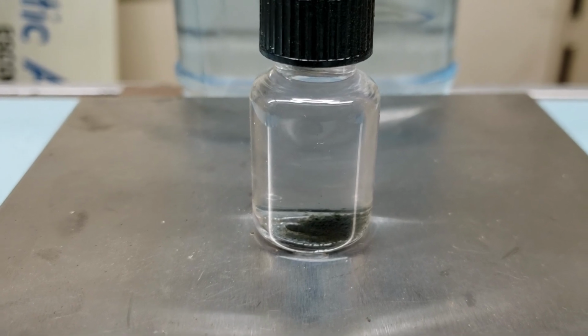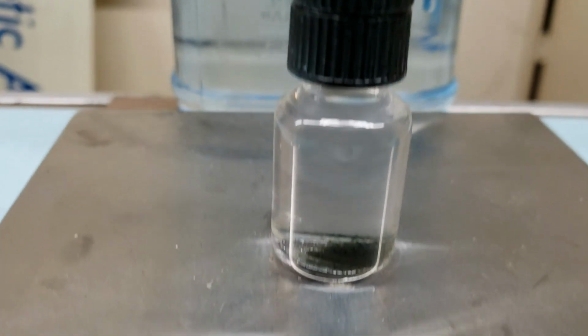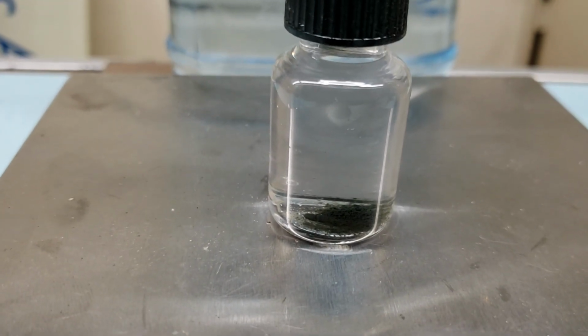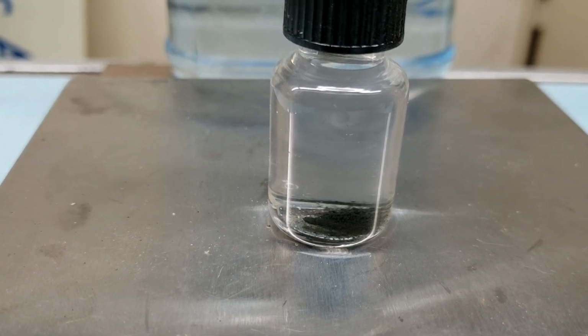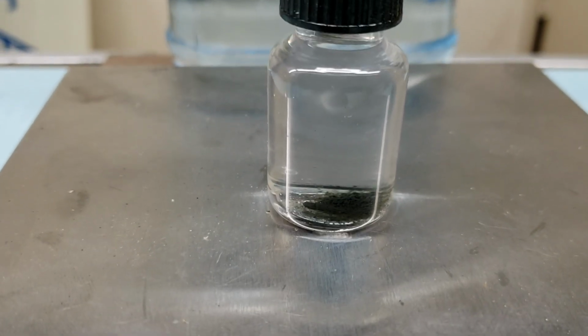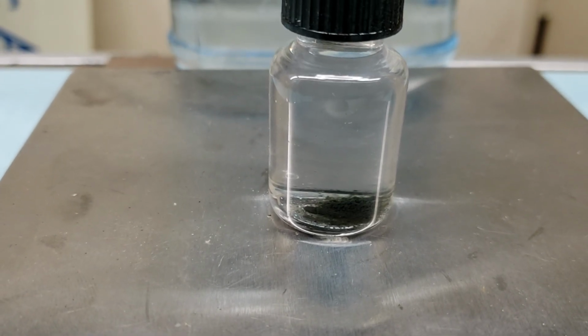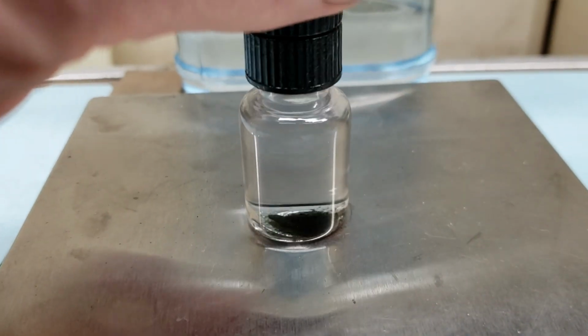This may take a while. I have no idea how long it's going to take, but I know eventually it will all end up at the bottom. It's just really thick. It's been strained one time. Let me give it a little bit of...